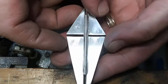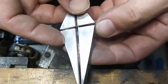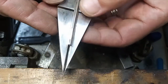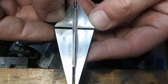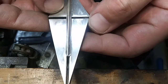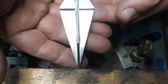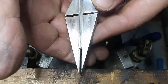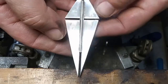Alright, so we refined the edges and made it a little bit more square, and as you can see, it's getting pretty shiny, but it's not exact. We've got a lot of marring and stuff, so there's kind of a pit here, and then some scruff over here, and maybe a little right there. And what we're gonna do is figure out how to get rid of this. And the best way to do it, believe it or not, besides filing, is something called a